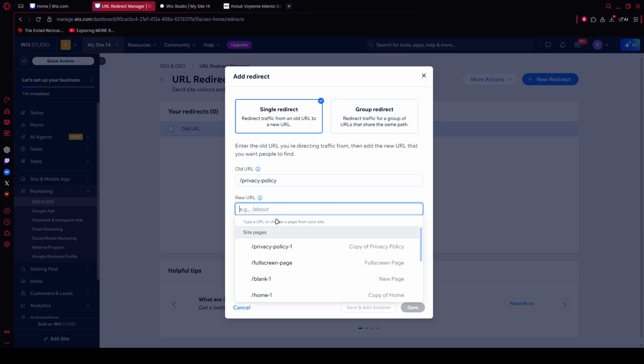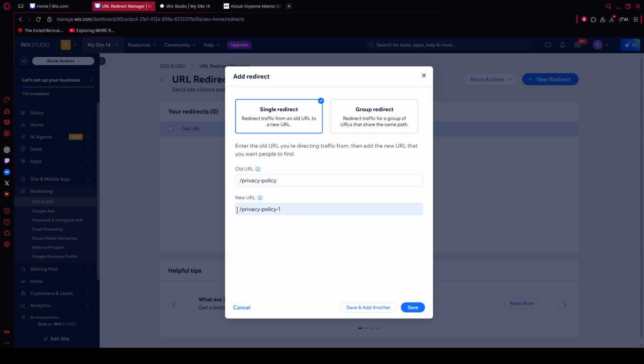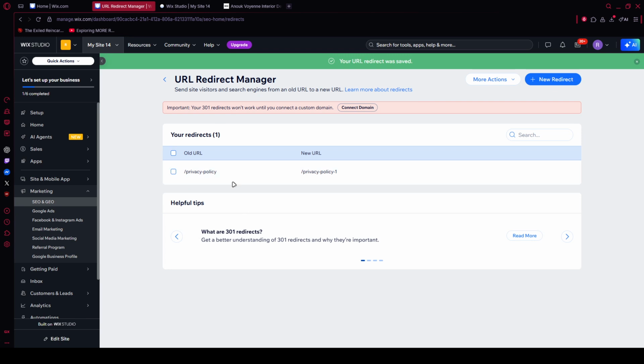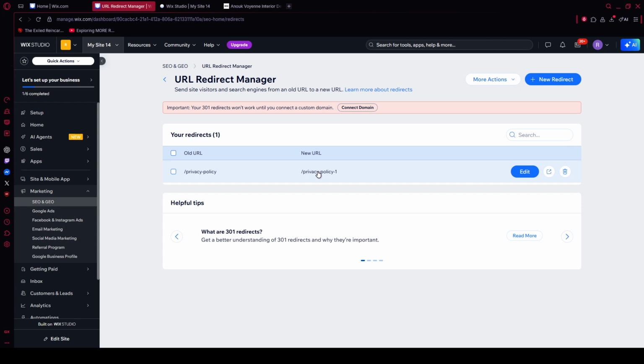A few best practices will make your redirects reliable and SEO friendly. Be precise with the complete path, including capitalization and any trailing slash. Some systems treat slash and no slash as different addresses, so consistency prevents mismatches. When the move is permanent, choose a permanent or 301 redirect. This clearly signals to search engines that the content has moved for good and helps transfer ranking signals to the